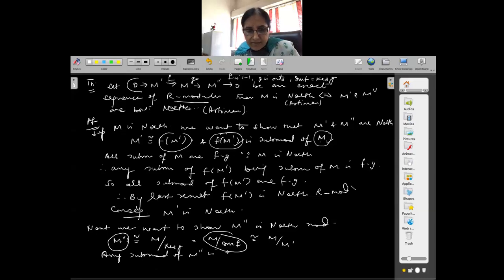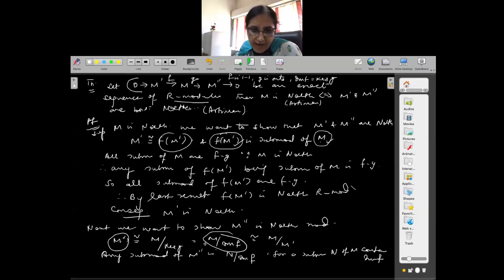It is like N modulo the image of f, for a submodule N of M containing the image of f.